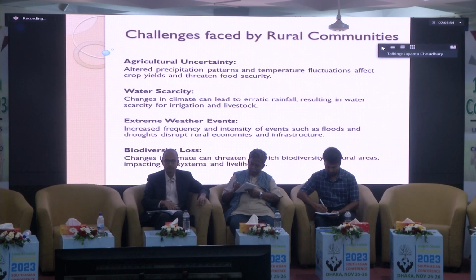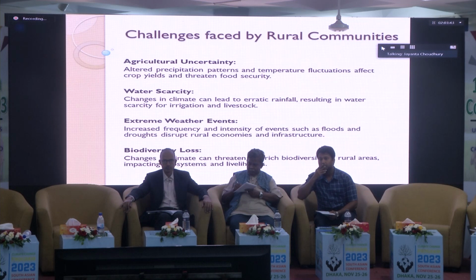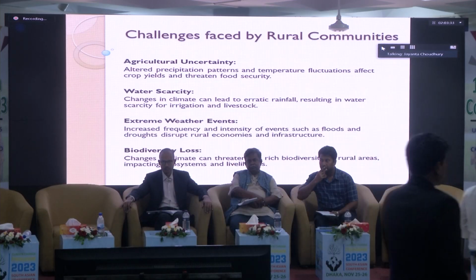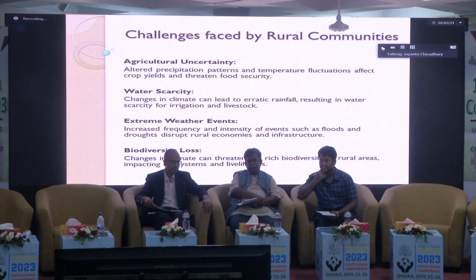Numbers of papers and research articles show how climate change is making agriculture uncertain, and this affects production altogether. As an agriculture-based, farm-based economy, it is definitely a major problem for the rural